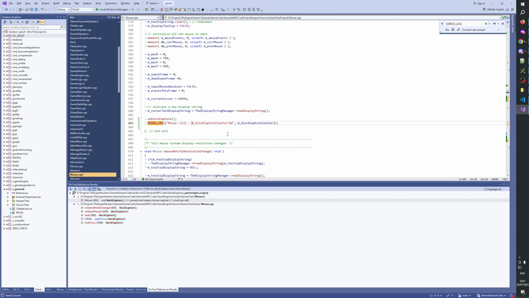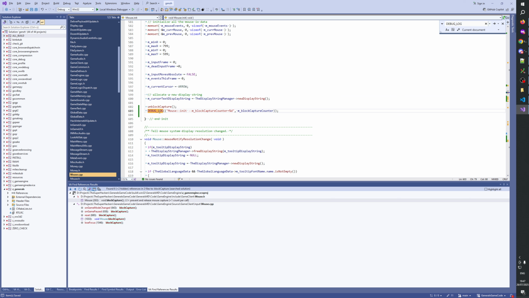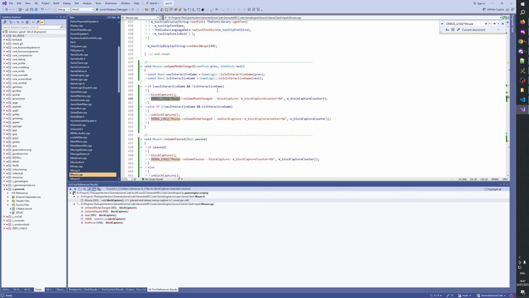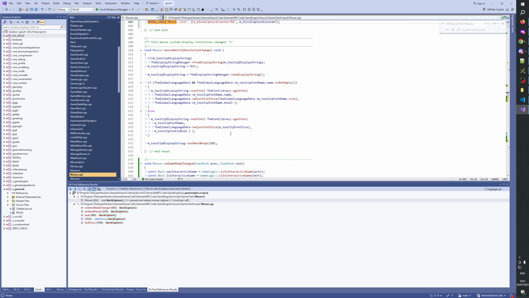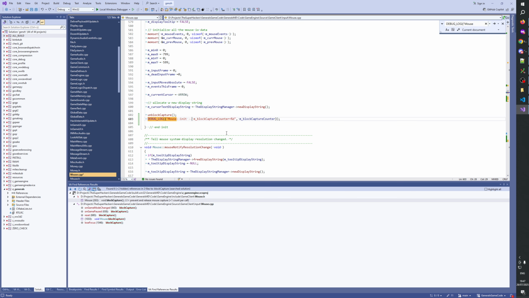Minus. I think that makes it a bit less readable, right? Yeah.